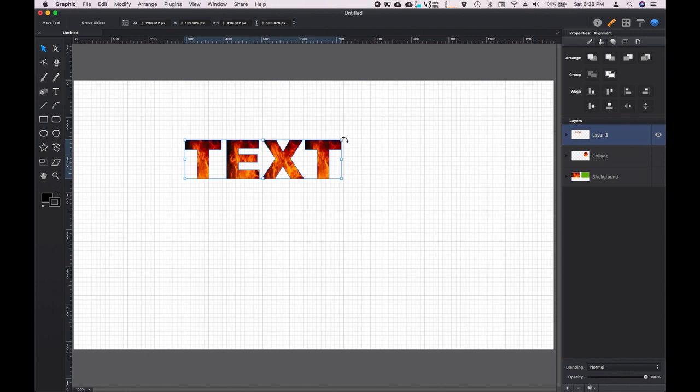If you hover over the corner, you'll notice as you move it around it changes to different little arrows. When you get out from the corner a little bit, you get these little double pointed curve icons. When you see that, you can now drag and rotate it